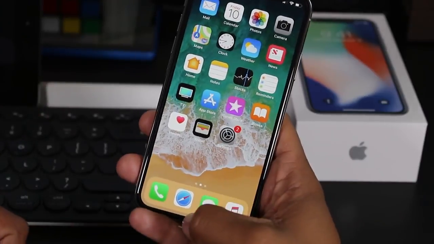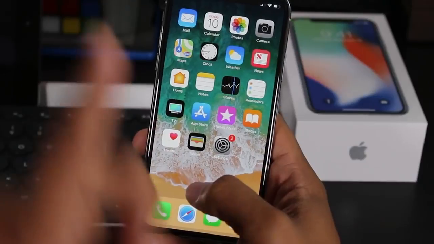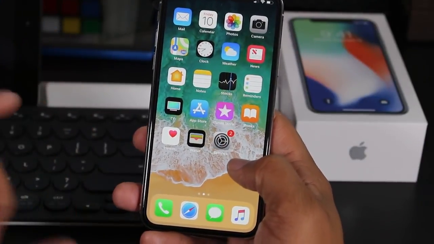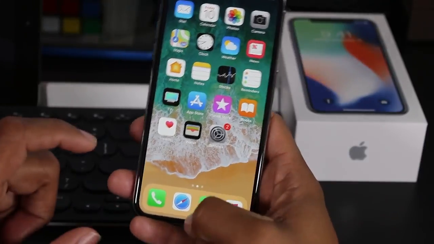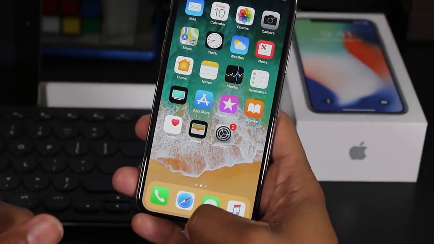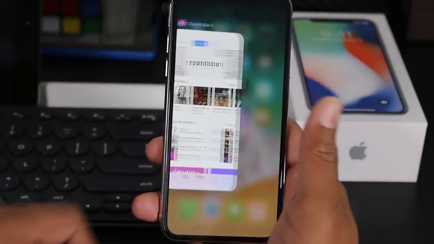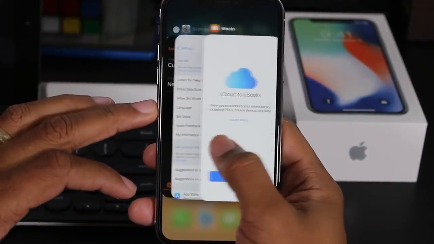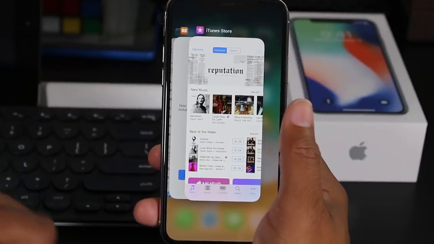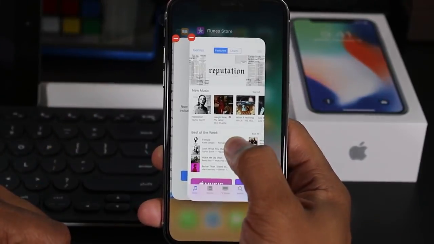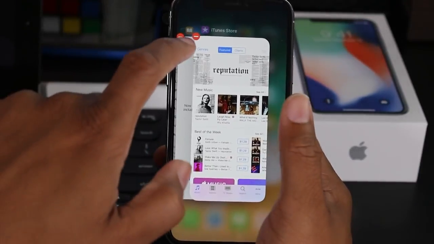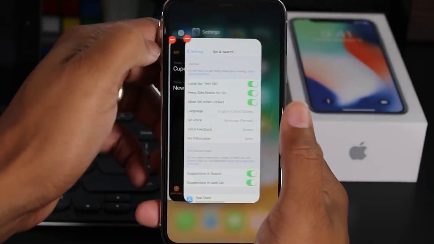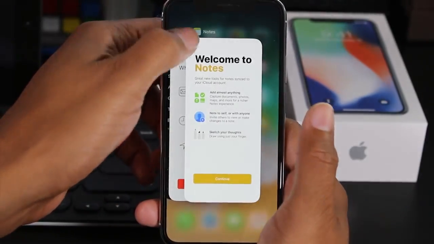This is also one more thing I didn't show you, which is if I want to get to my recent apps from the home screen, I'm going to also swipe up, but I'm going to hold it, and it will also bring up the running apps. So now that I have my apps that are running, if I want to close out an app, I'm just going to hold down on one of them, and now this little red minus will show up in the corner, and I'm going to go ahead and just tap that. And now I can close out all these apps that are currently